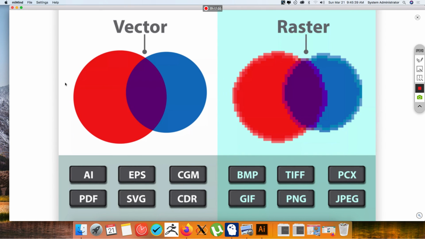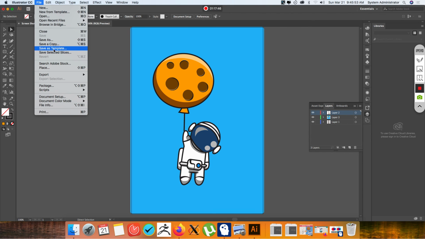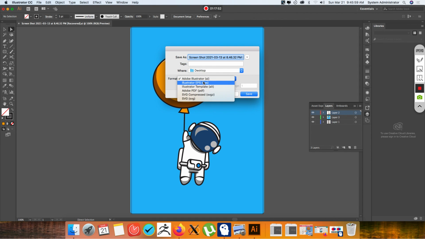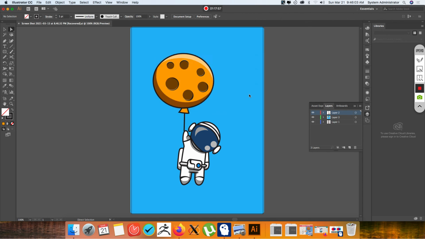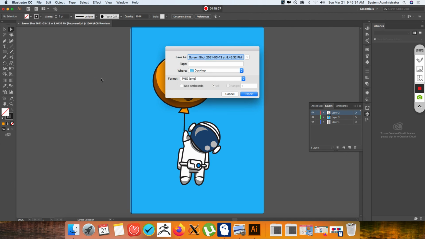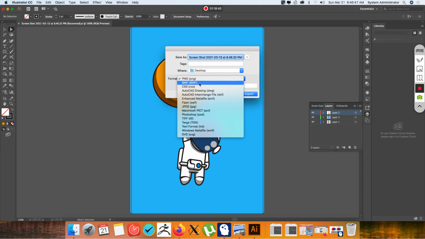You can also export as PNG, you can also export as JPG. File, save. Okay, save as, I told you, this is a file format, EPS and all. I said PDF. Okay, I'll save it as a PDF. Now I can also save as an image. How will you save an image? JPG, export as. Here I will save it as a PNG format, and you can also save it